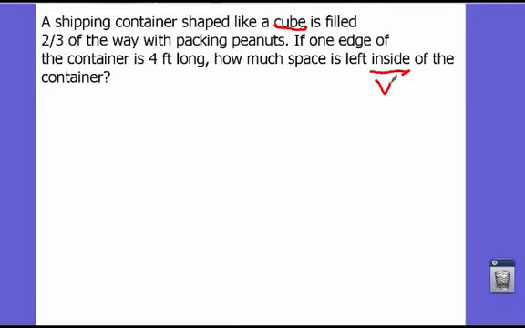Inside always implies volume. So we think, what's our formula for volume? Well, volume of a rectangular prism is length times width times height. A cube simply being a rectangular prism where all the edges are the same length, we say, well, volume equals 4 times 4 times 4, or 4 cubed, which ends up being 64